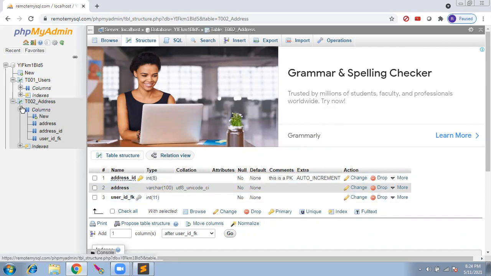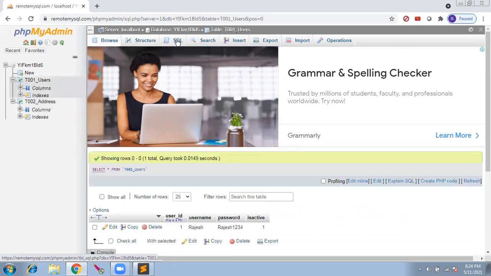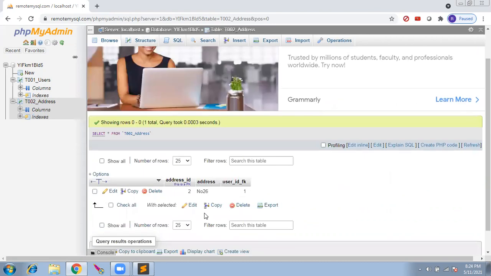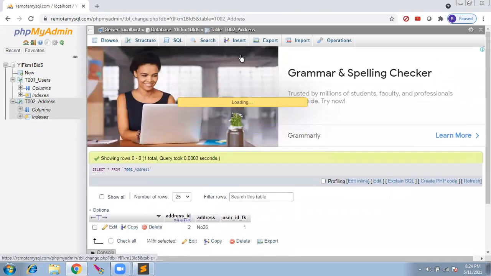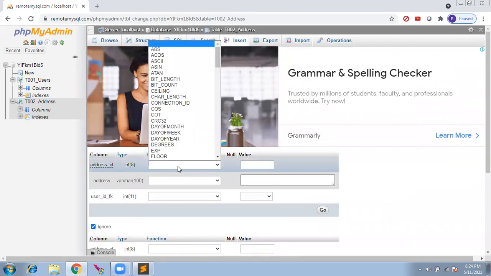Okay. So in the user table, we have one record with the primary key as 1. In the address table, I am trying to insert a record. The address ID is a primary key, I'll leave it.